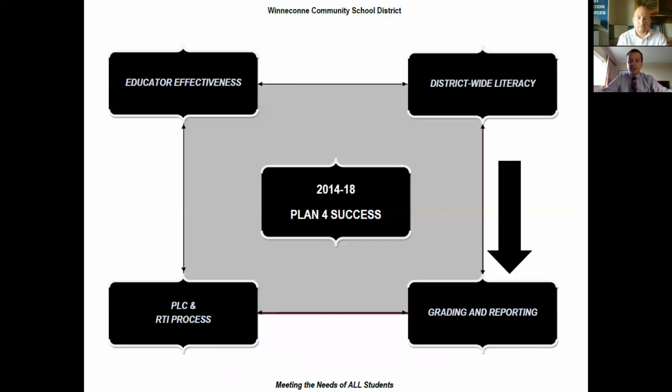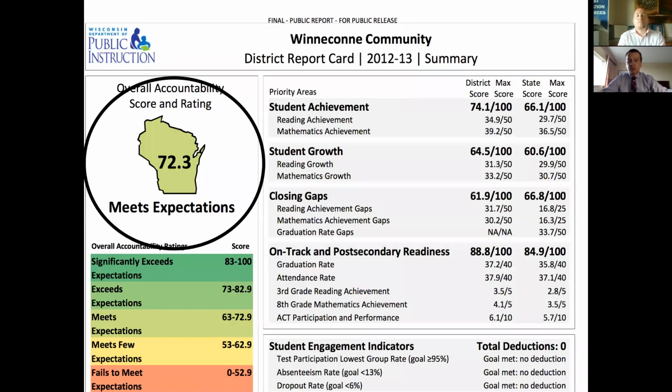The next set of slides that Garth's going to walk you through start to validate this process over time. So in the state of Wisconsin, every year districts receive what are called school report card ratings, and each state has their own unique way of doing this. And so there's 2 numbers to focus on. The first one initially is the number that's circled on the left there, 72.3, meets expectations. So this was prior to us really taking this on. Now, there had been conversations happening around knowing that we needed to change our ways of assessment, our ways of instruction.